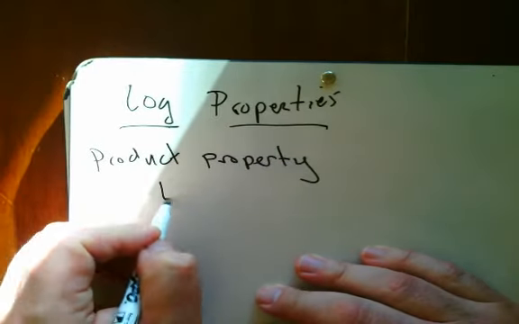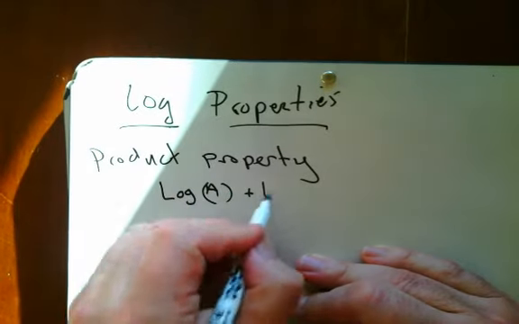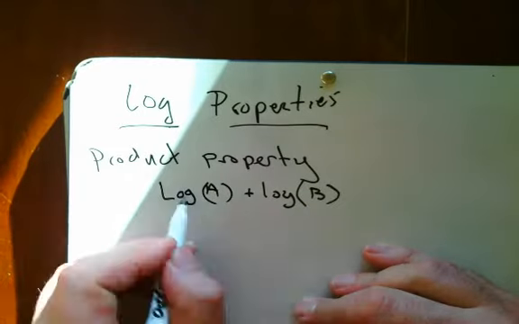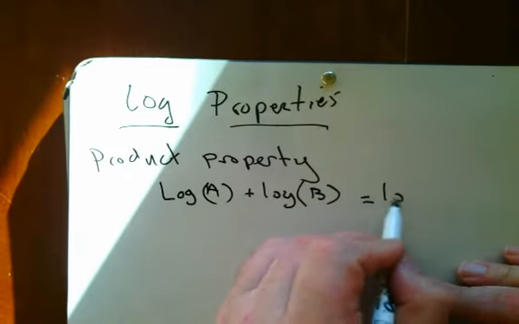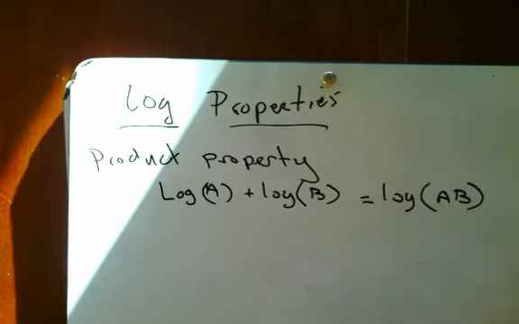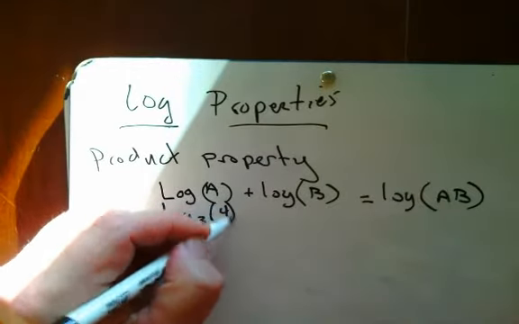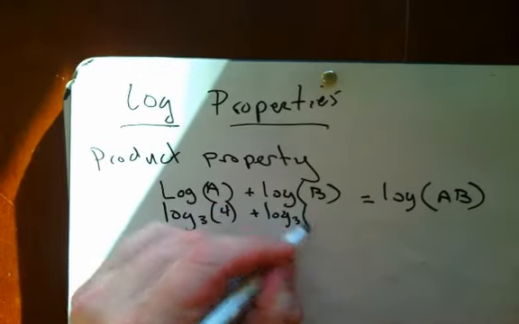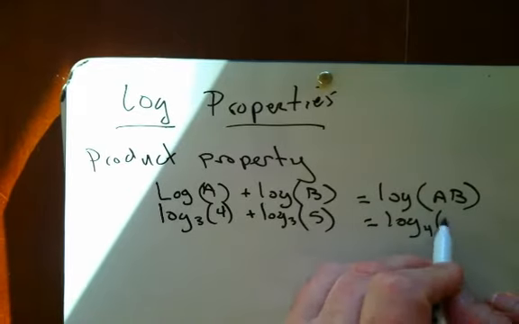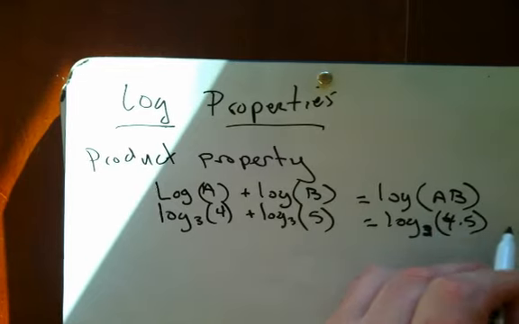We've got the product property, and the product property says when you've got a log plus another log, and the logs have the same base, you can rewrite this as one log where those objects are joined with multiplication. So if I see log base 3 of 4 plus log base 3 of 5,